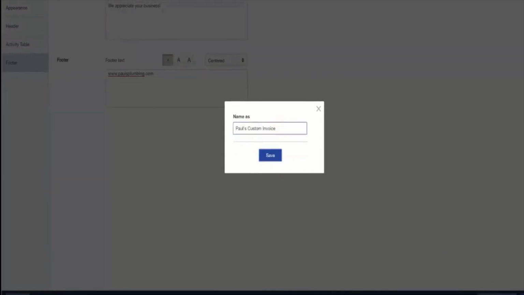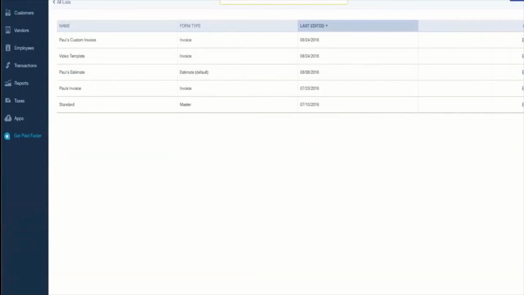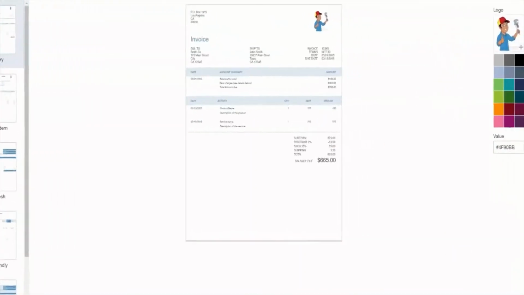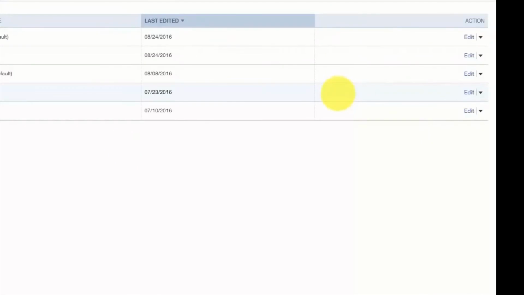In order for Paul to use his new custom invoice, he must make it his default. To do this, we want to go ahead and click on the arrow to the right and select Make Default. That wraps up the lesson on how to customize the